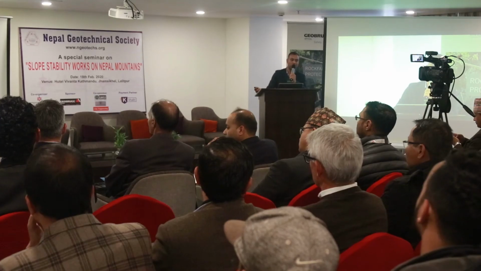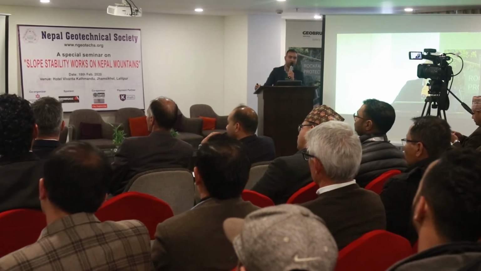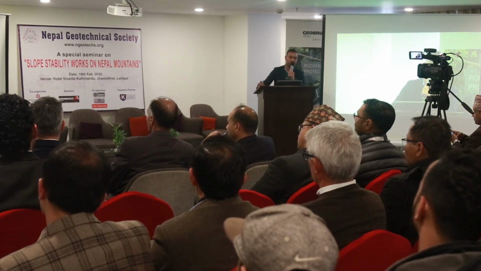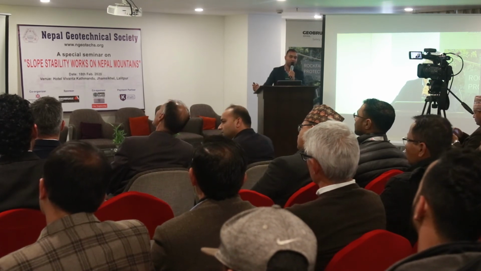Next one, again I'll come back to the back slope of the upper Sanjin powerhouse. At the powerhouse, we tried to change the geometry by removing the top unconsolidated soil mass. At the beginning we tried with the bottom toe wall, but in the end, when we excavated from top to bottom and used the surface reinforcement, it worked, and then there was no need for the bottom toe support.